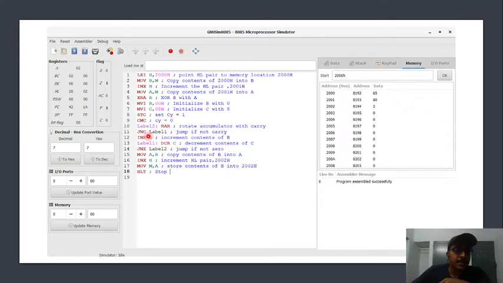Here we can see the ALP code written for the same operation. Initially we point the HL pair to the location 2000H, and then we copy the contents of 2000H into B. Then we point the HL pair to 2001, and we copy the contents of 2001 to the accumulator. Then we perform the XOR operation between the accumulator and register B and store it in the accumulator. Now we will start an algorithm where we initialize the contents of register B and register C with 0 and 8 respectively,